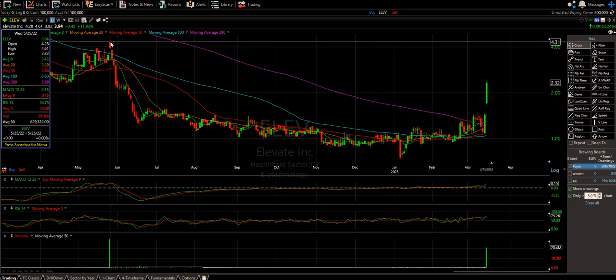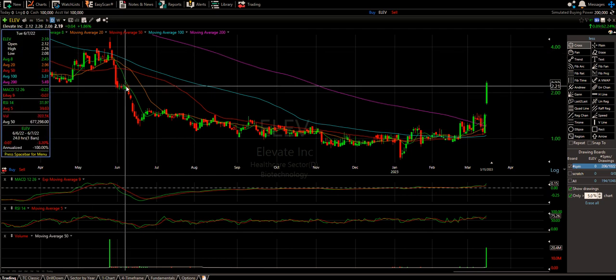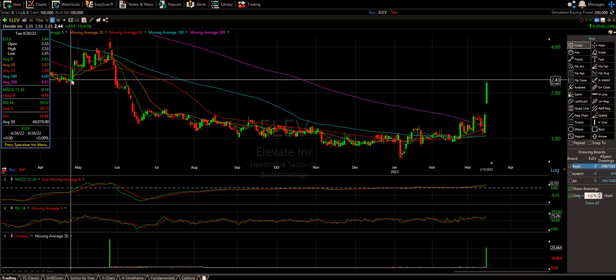Red. There's a lot of reason to believe this might come to 4. Maybe it'll stop a little closer to up here. This is definitely, and that's actually exactly where we're at. This is the next plateau test, right? So maybe you can kind of say this one too, but